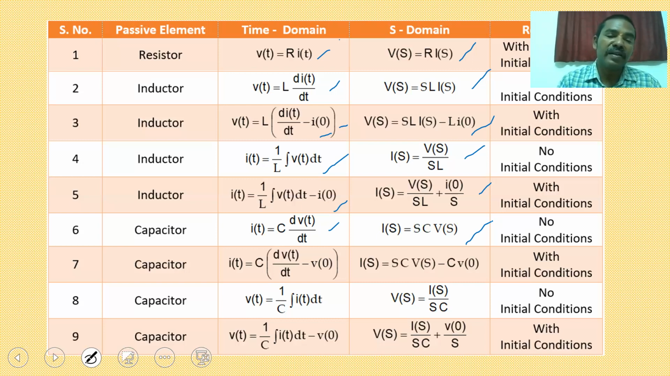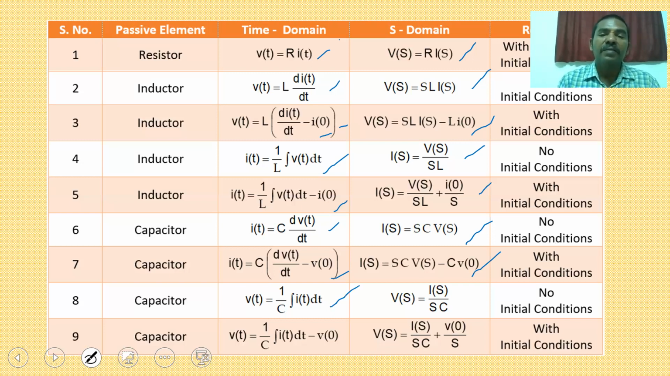So that is without initial conditions. With initial conditions, I of t is equal to c into dv(t) by dt minus v of 0. So the Laplace transform current I of s is equal to s into c into V of s minus c v of 0. Similarly, without initial condition, the voltage drop across the capacitor is 1 by c integral I